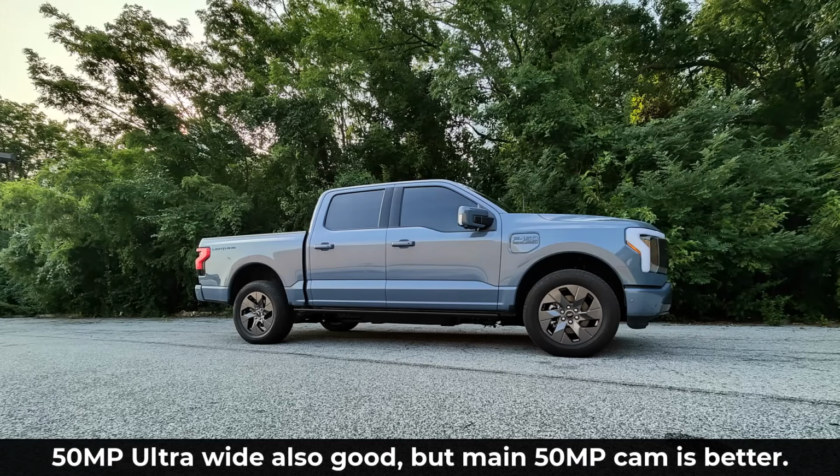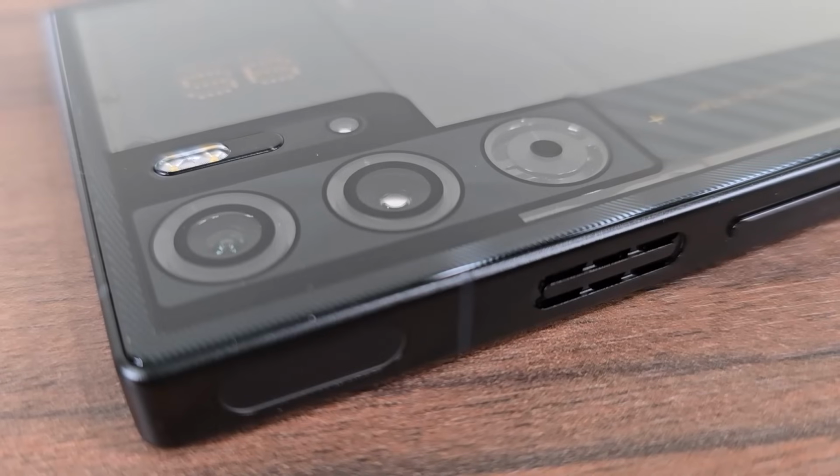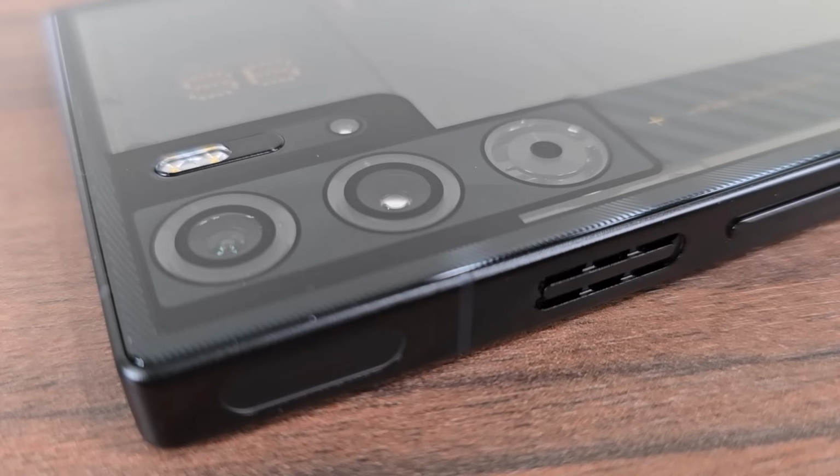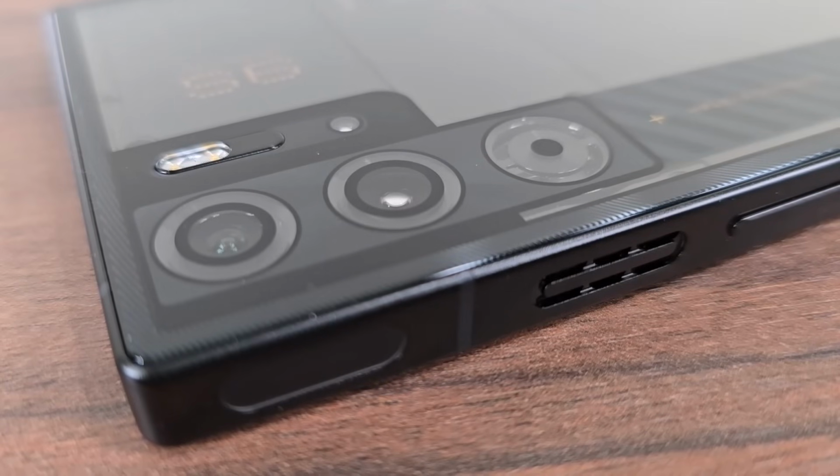but it's not going to be as good as the main 50 megapixel camera. The colors are not as good as on the main camera. So bottom line with the camera, I would say that this is not going to be a great camera. It is going to be an average camera, but in this case that is perfectly fine because this phone is not a camera phone. It is actually a gaming performance phone with high levels of customization, and that it does